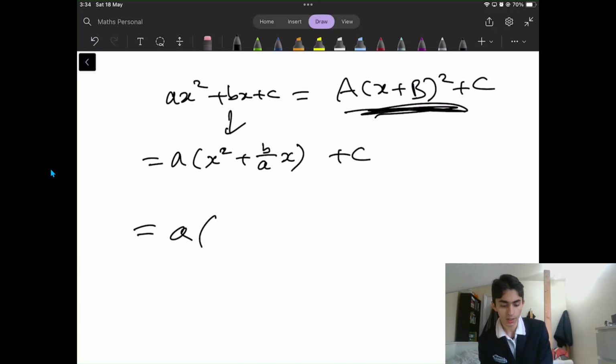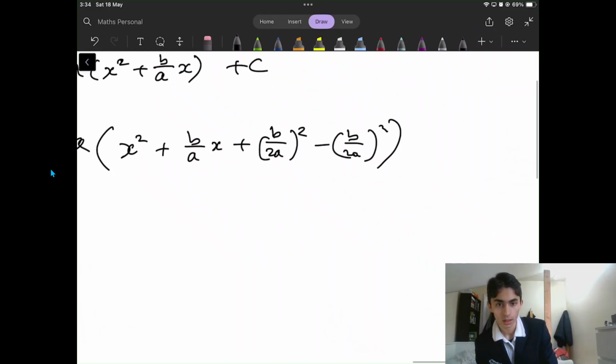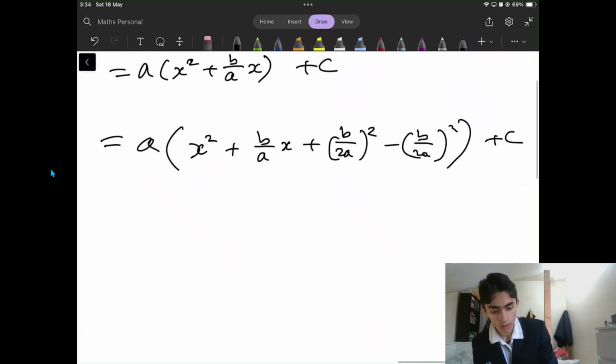Then I'm going to do something that looks a little bit goofy, a little bit unjustified, shall I say, and I'm going to justify that for you. So I'm going to add b over 2a squared and minus b over 2a squared, okay? It looks long-winded so far, but trust me,